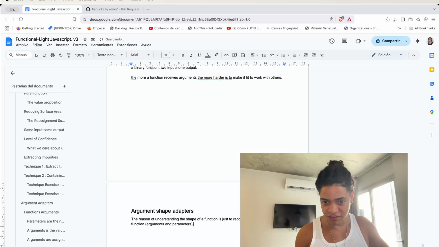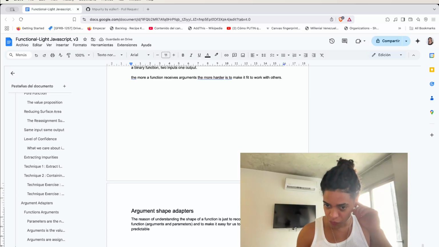So the reason of understanding the shape of a function is just to recognize the anatomy of a function, arguments and parameters, and to make it easy for us to create functions or functionality that is predictable, okay, and to make it easy for us to create functionality that is predictable, all right. To create functionality that is predictable,